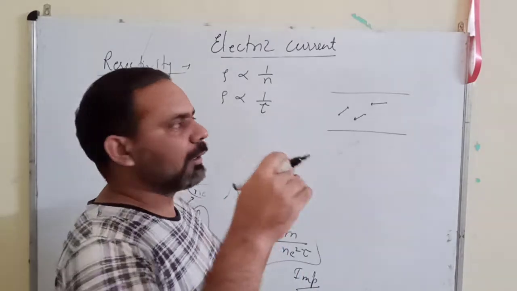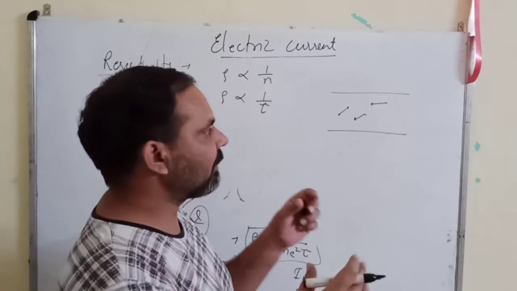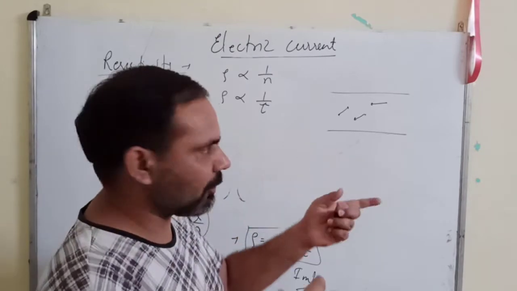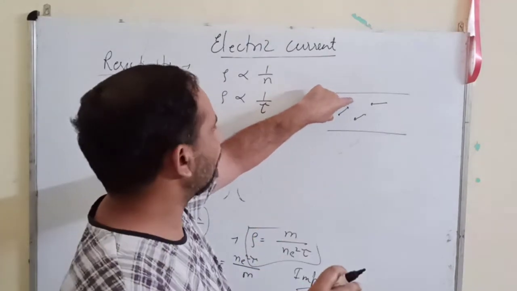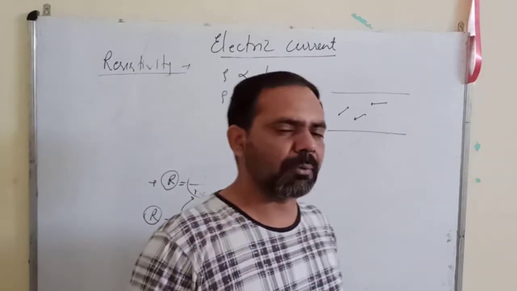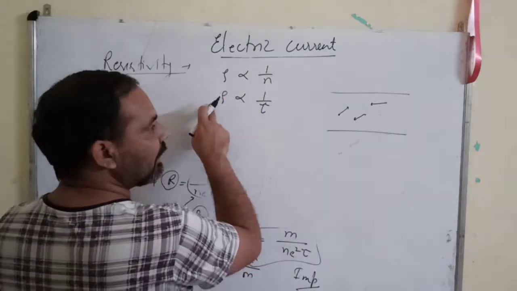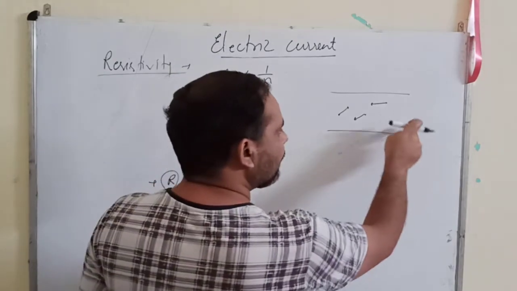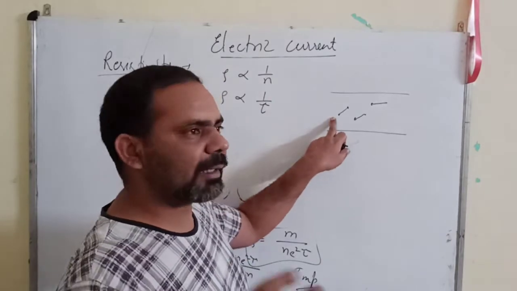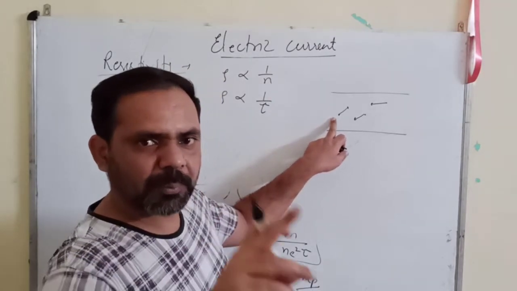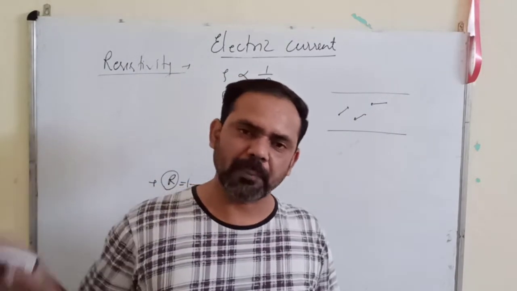low, because they are moving slowly, and after a large time they will collide with some other electron. So when the electrons move slowly, when the random motion is slow, the relaxation time period will be large, and therefore the resistivity will be low. So when the conductor is cold, the relaxation time period will be large because electrons would be moving slowly, and therefore the resistivity will be low, and hence the resistance will be low.